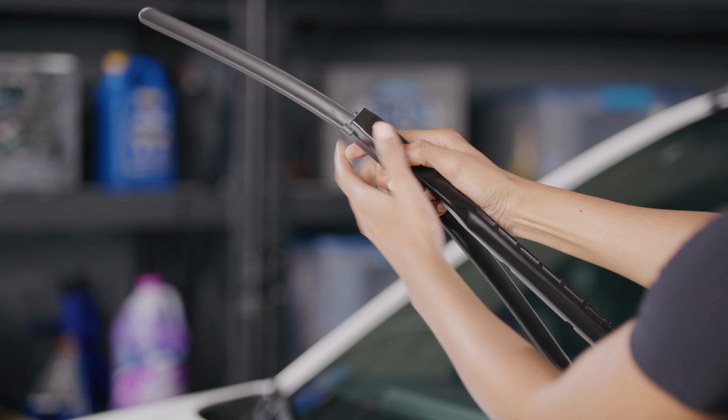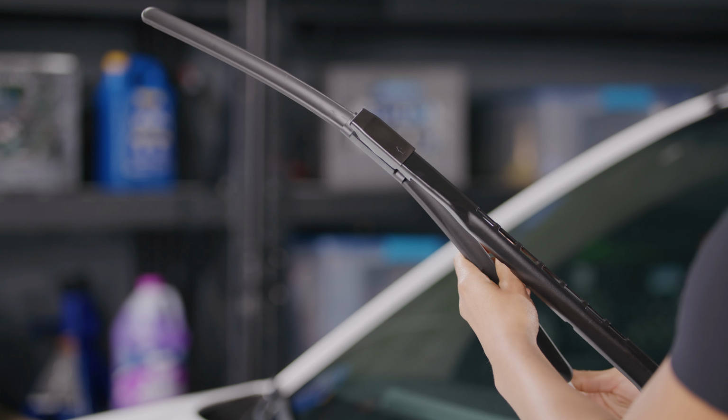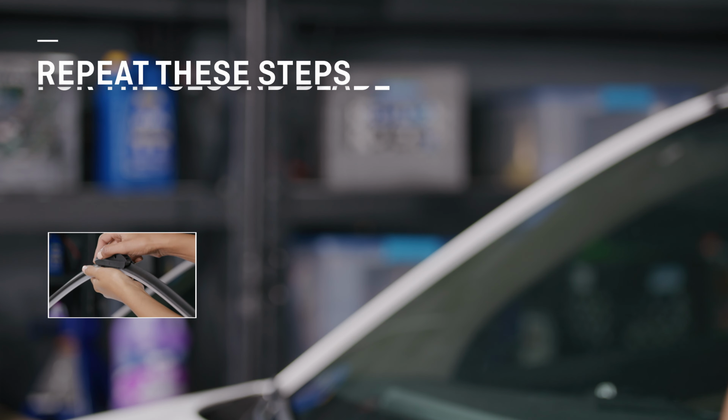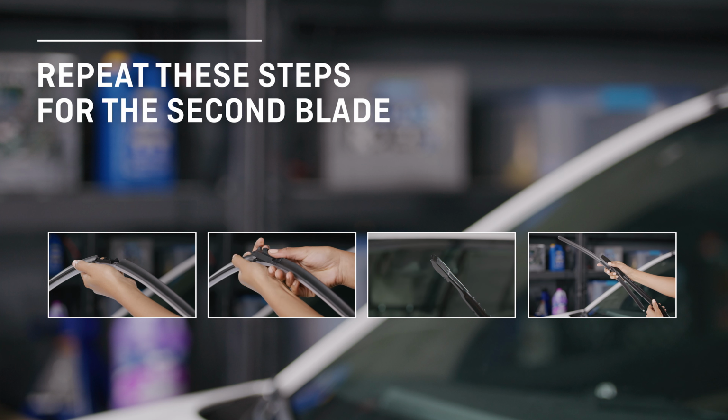But just to be certain you've installed the blade properly, give it a firm tug to make sure it's securely attached. Lastly, if there is a plastic protector over the rubber, slide it off the wiper blade and that's it. You're done! Simply repeat these steps for the second blade and then you're ready for the fun part, activating the